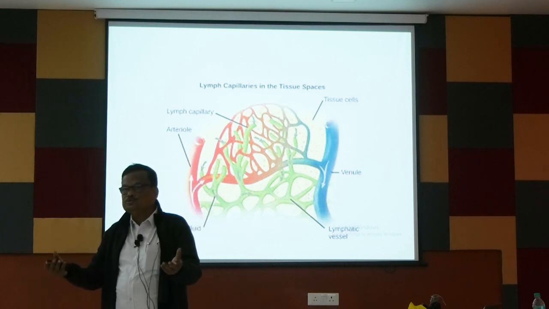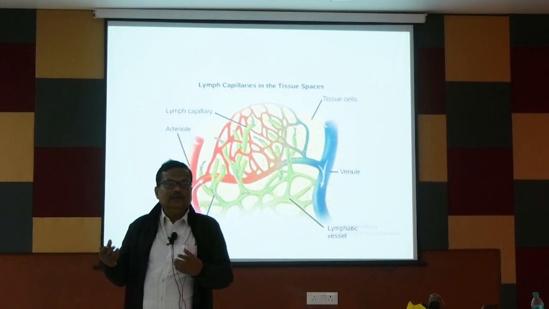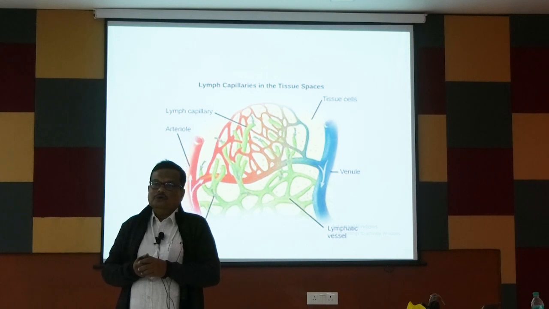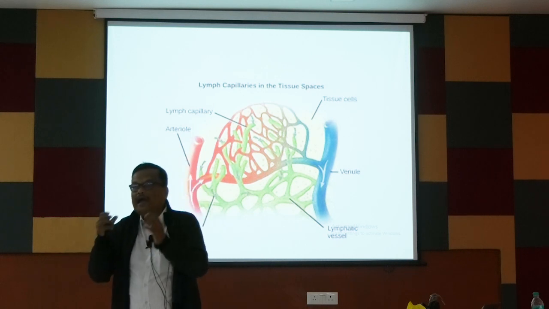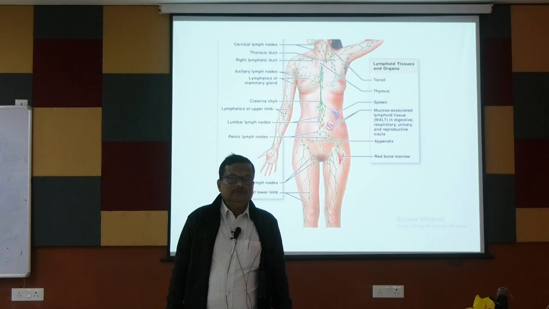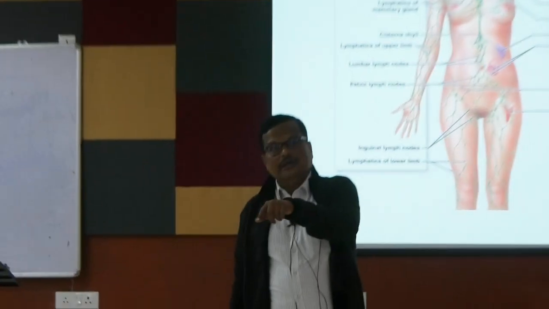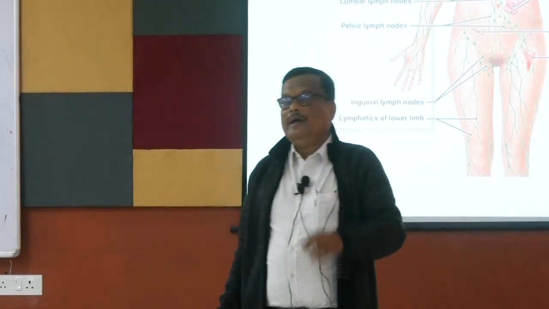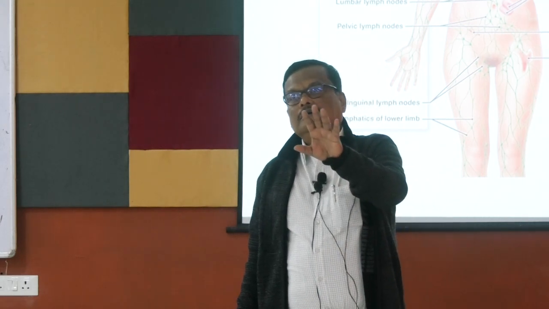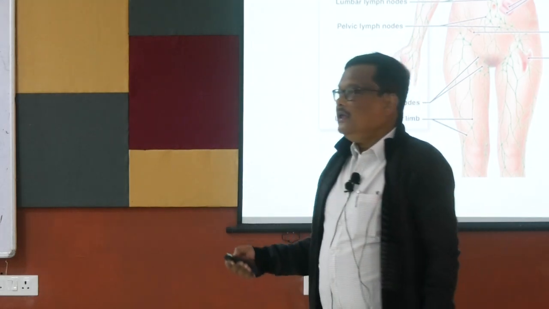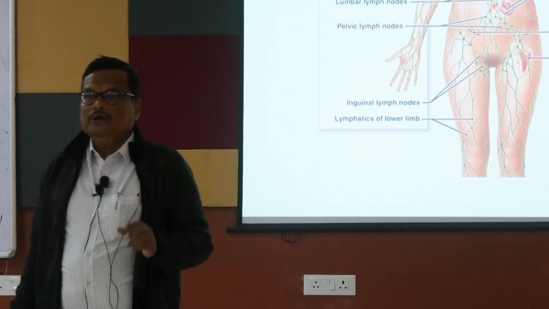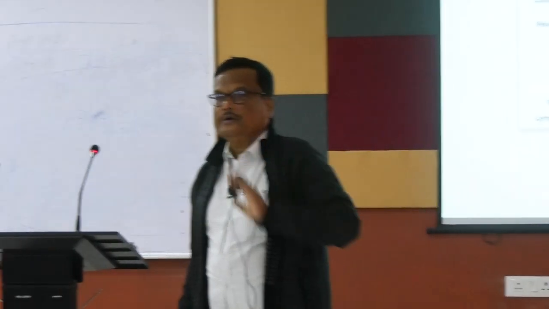If they remain in the tissue spaces and cannot go to the venous channel, there will be accumulation of substance. So nature developed another system, except in the brain and central nervous system. There is no lymphatic system in the brain and CNS. And some say in the bone marrow also. Otherwise, everywhere the lymphatic system is present. This is one function of the lymphatic system, a part function, to carry the nutrients ultimately to the heart.